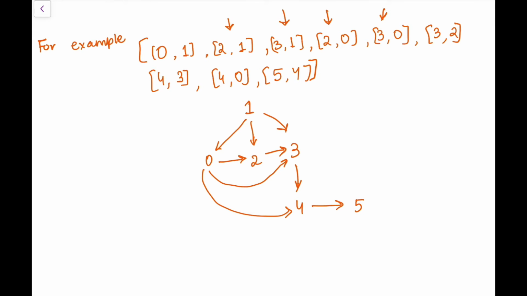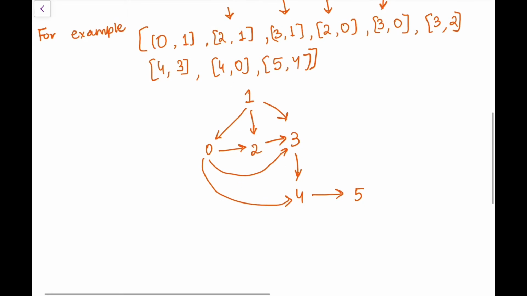And now let's see what my probable solution for this is. I can see that among all of these courses, the only one which doesn't have any incoming edge is 1. So 1 is kind of independent. It doesn't matter when I take 1, it doesn't have any prerequisites. So I can take 1 anytime and say that this has been done, so all the edges following it are nullified.